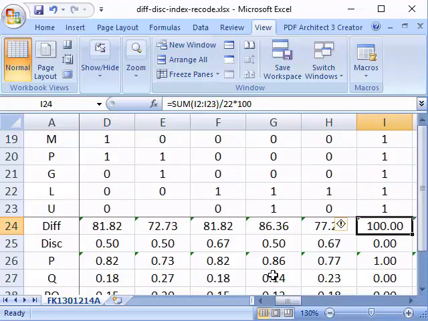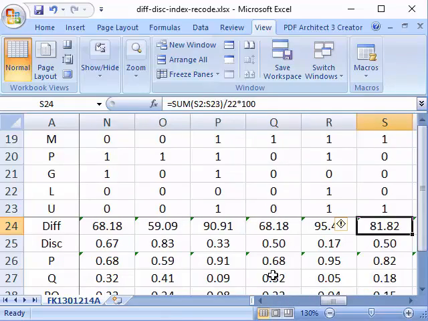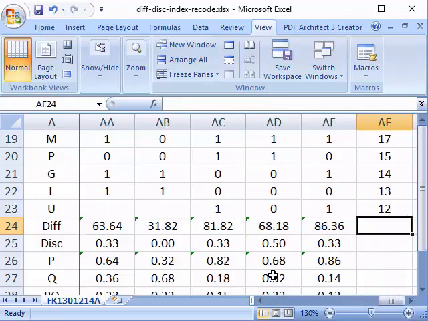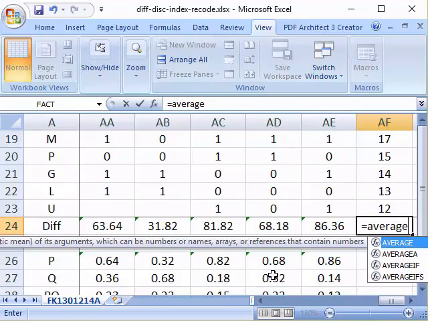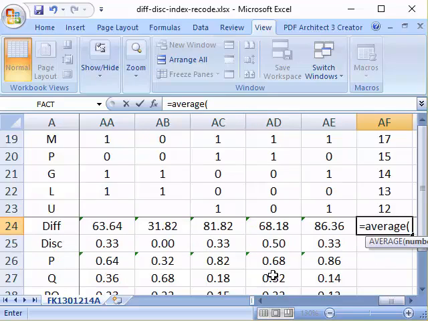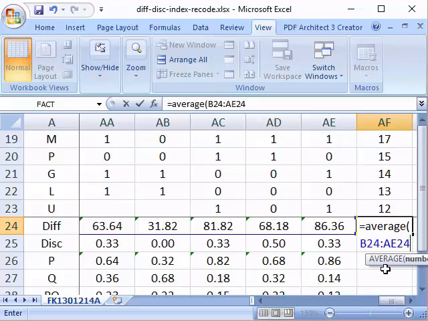Okay, so difficulty, we're going to get the average difficulty of everything here. So the command is equal to AVERAGE from the first column, which is B24 until AE24, close bracket, enter.